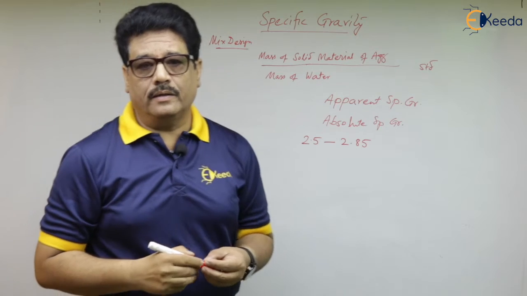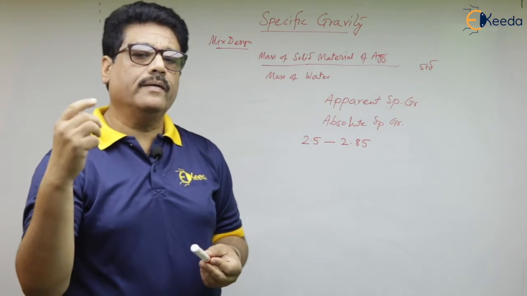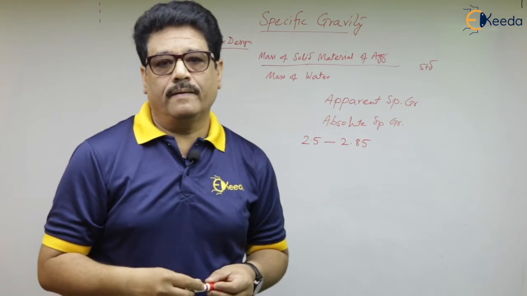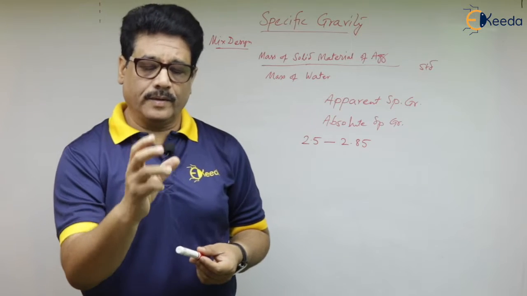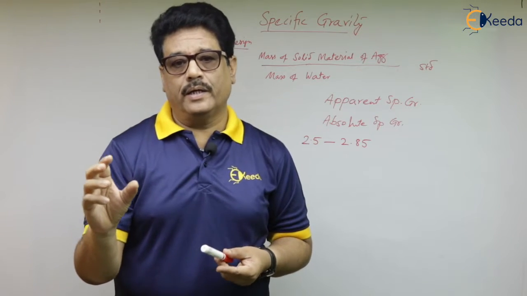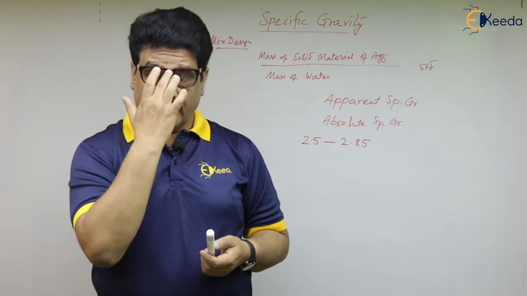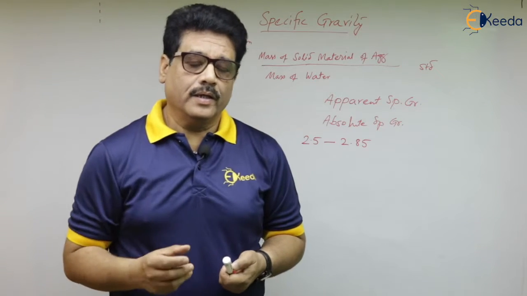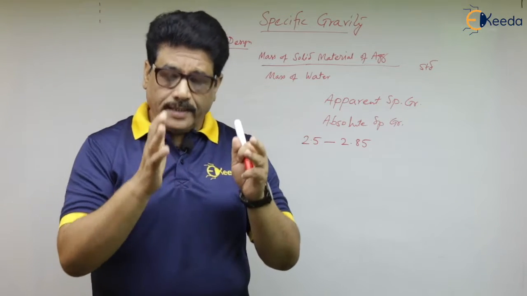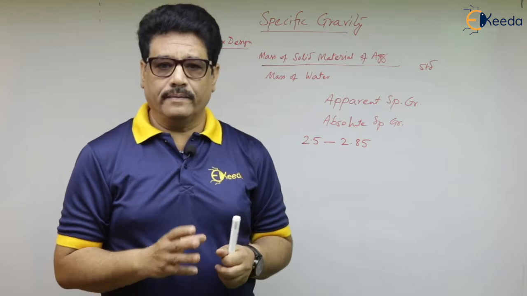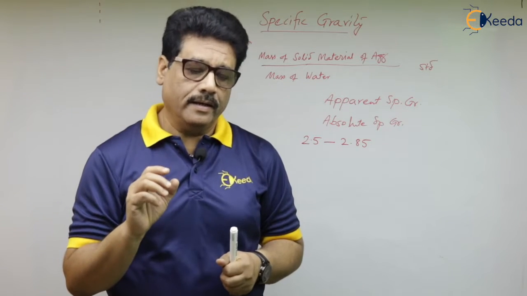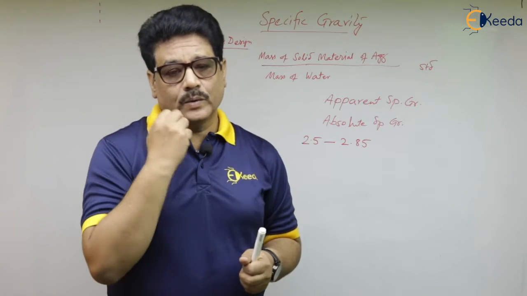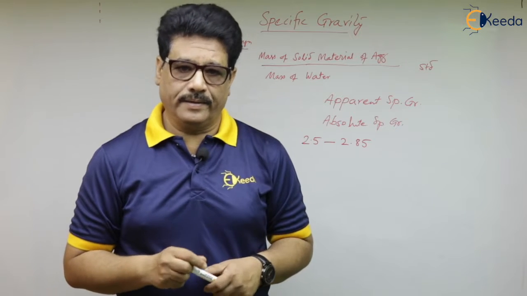Now the value of specific gravity is mainly used in the mix design. When we use the concrete for a particular purpose, we have to have a strength of the concrete assured, and that is defined as a grade of concrete. So when we design the mix of the concrete, we aim at a particular grade. For that we can use the value of specific gravity.